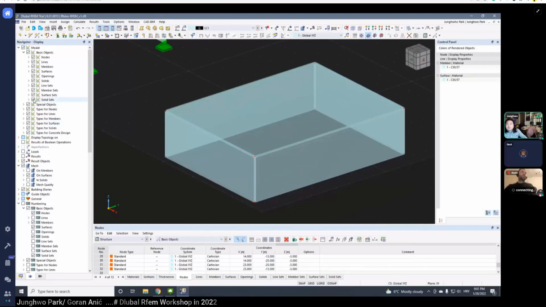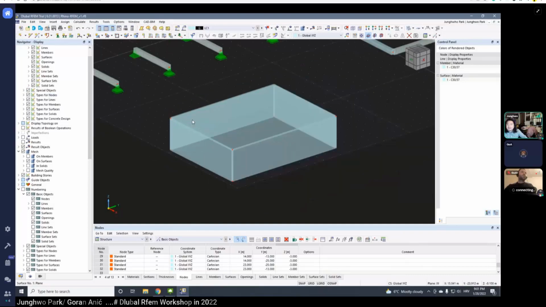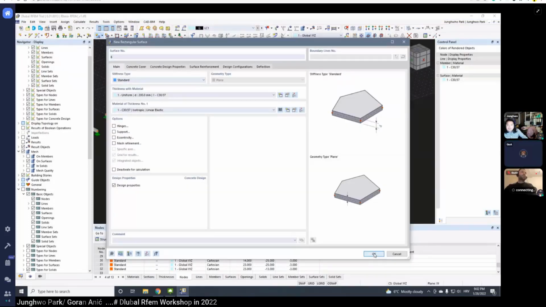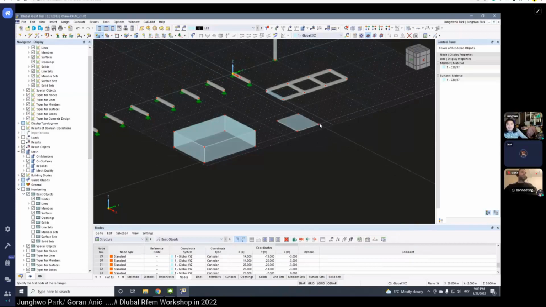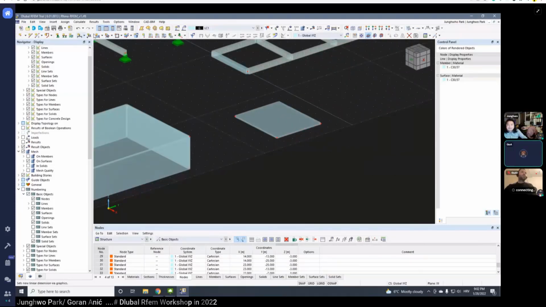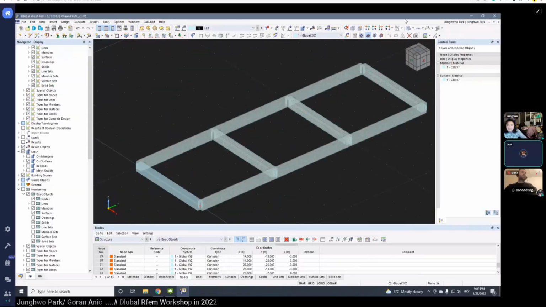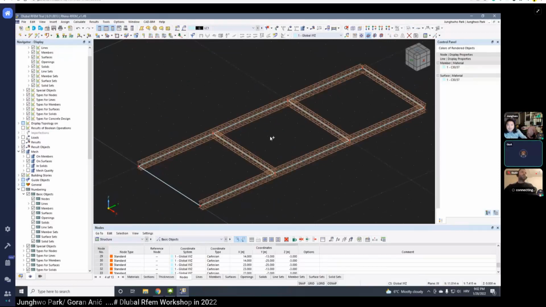Could you go also really fast, can you repeat drawing the rectangular surface from scratch? I can. I have a few options. First option is that here is an icon for a rectangle slab, so I can choose my types and then I can just draw and create. That's if I don't know anything. If I already have, maybe, lines or elements and I want a slab inside those elements,